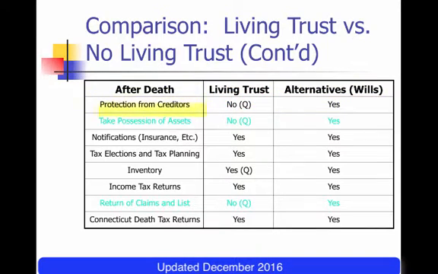The next thing on the list is the process of taking possession of the assets. Of course, if you have a revocable living trust and you've done a good job of transferring all your assets to the trustee of the trust, that means the trustee already has possession of the assets at your death and doesn't have to go through the process